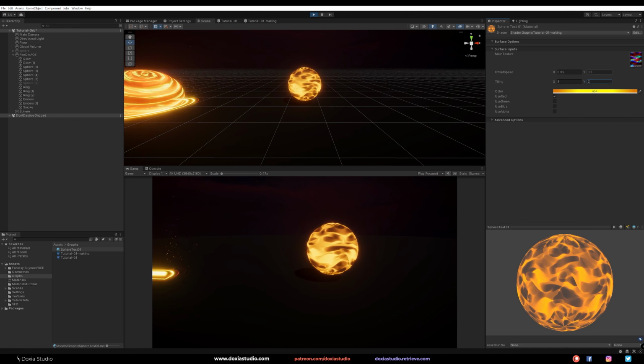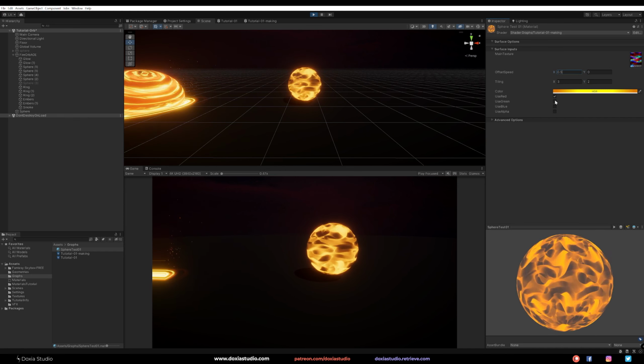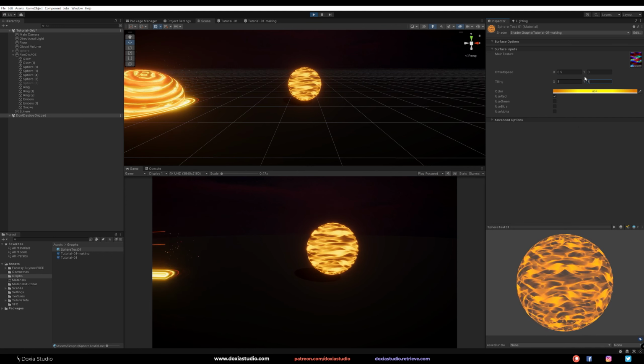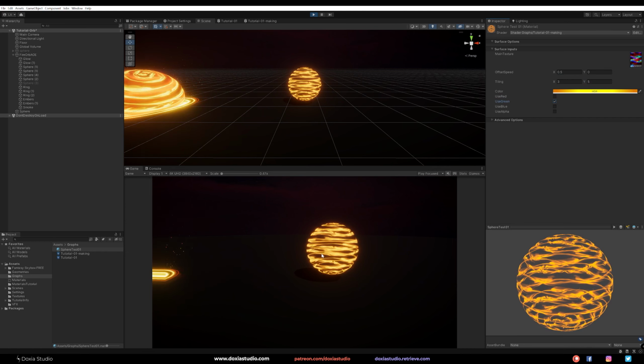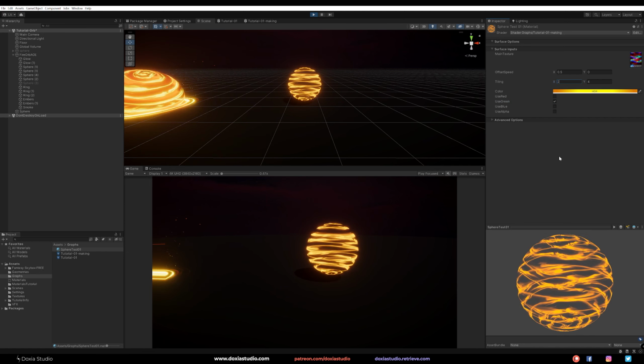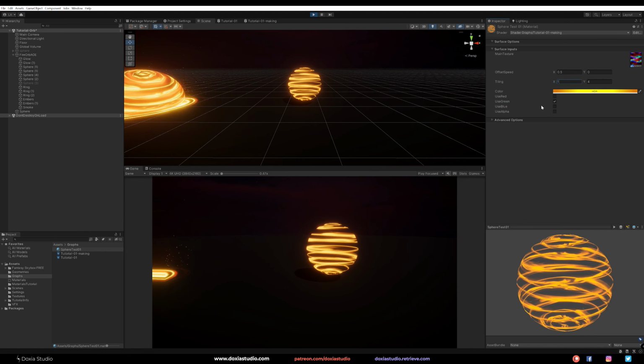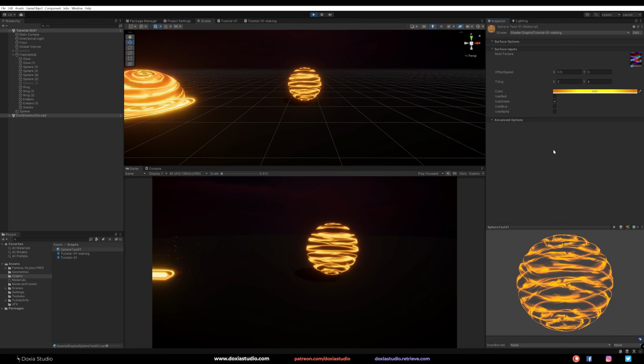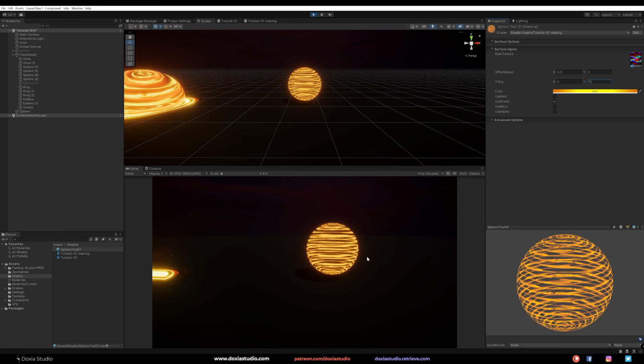And you can come here and, for example, on our project, we got this here. And we increase a lot the white tiling and we get a really cool effect. See? Maybe that's too much, maybe something like that. So this tiling is really important to get the effect that you want. Let's go with something crazy.